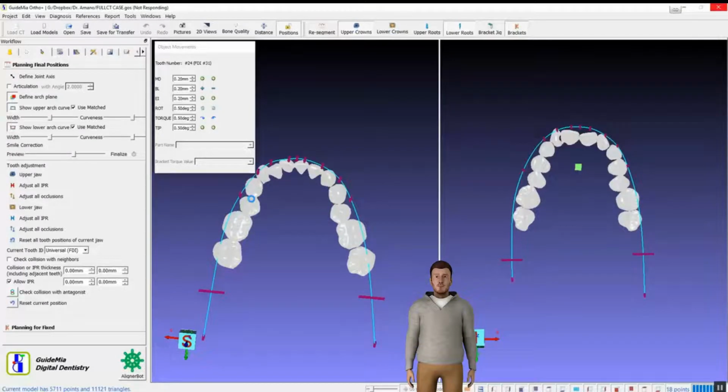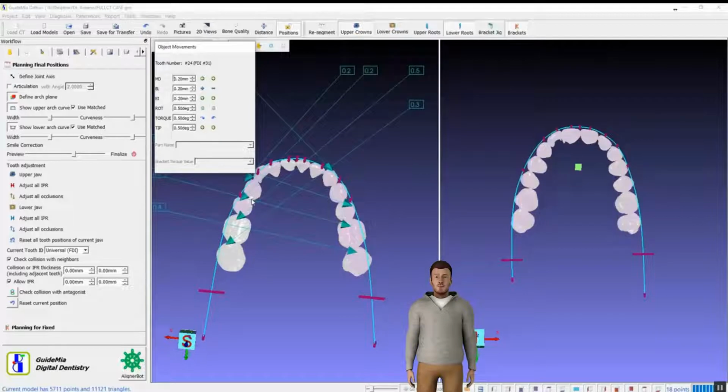Before this step, we can actually right-click on a tooth and tell the system not to move the tooth at all. Once the preview is shown and accepted, we can click the Finalize button. A full simulation is then performed. Another round of automatic placement can be done if we decide to adjust the arch curve or other positions of the teeth. After the teeth can be individually moved, now click the upper jaw button to start a different